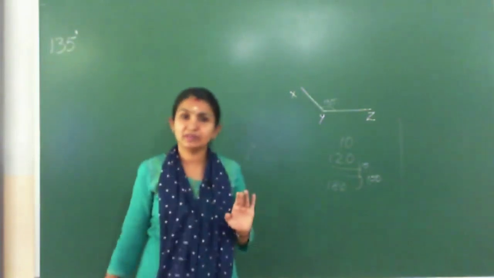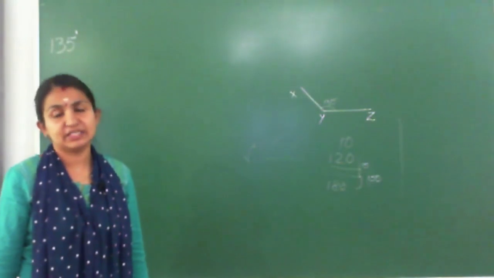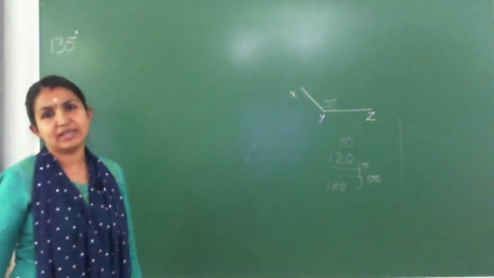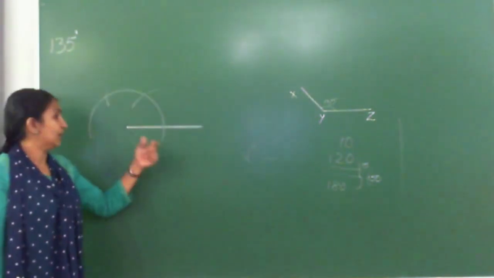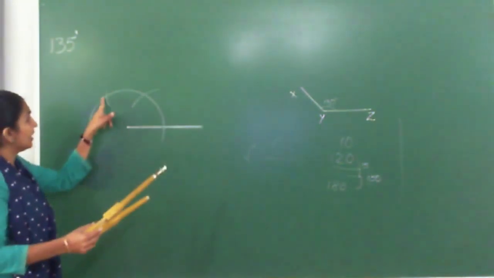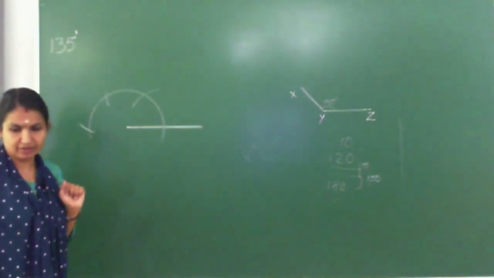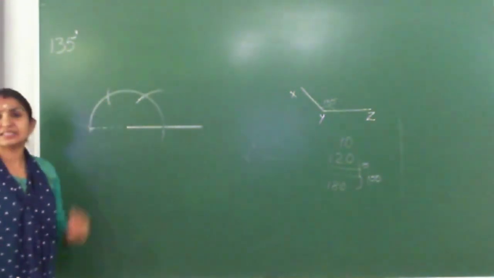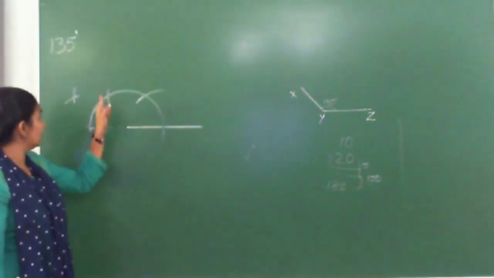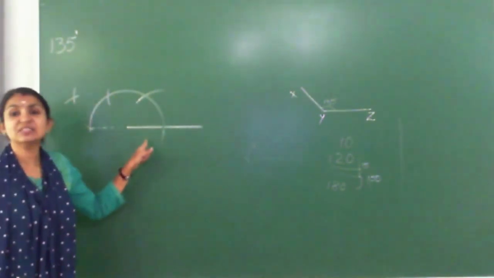So we understood that after bisecting 120 and 180, we will get 135 degree. One more method is there. Just think about that method. We need 120 and 180. For that, what do we need? We need a line segment and then we draw 60, 120, 180. Till this you already know that it is 60 degree, 120 degree. After that, how will we get 180 degree? Again in 120 we have to keep our compass. This is the required 180 degree. Now 180 and 120, we want to find its bisector. Total is 60 degree, its half means 30 degree. So 120 plus 30 means this is 150 degree.